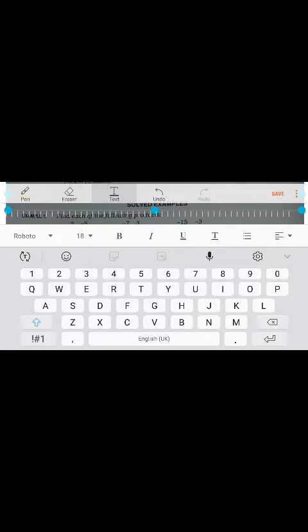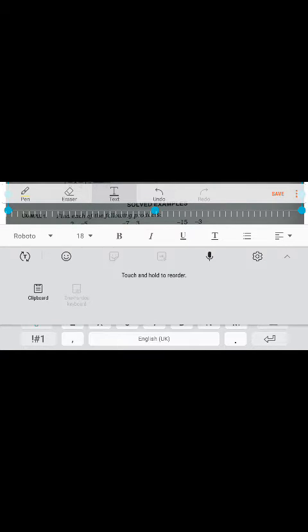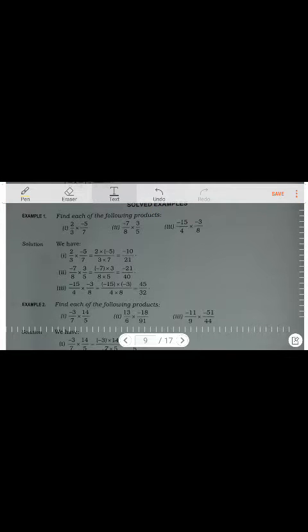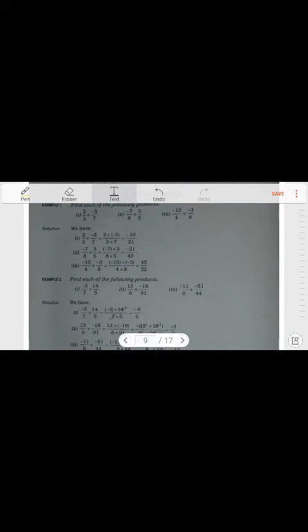No need to have text. So I am removing the text and I am removing the keyboard also. So let's go. What happens, students? Below, if you see example 2, I already explained. This also I had explained. And the last question, it is okay. Now I think all of you can see clearly.